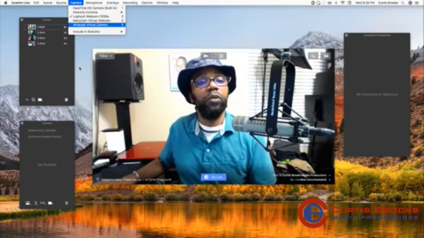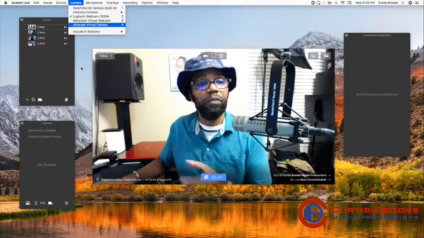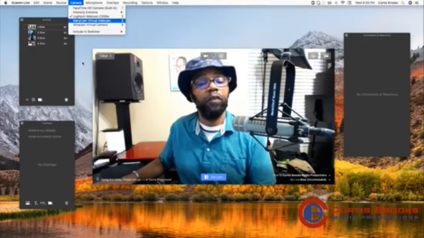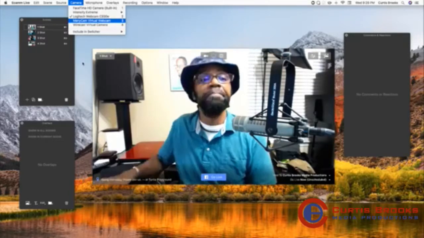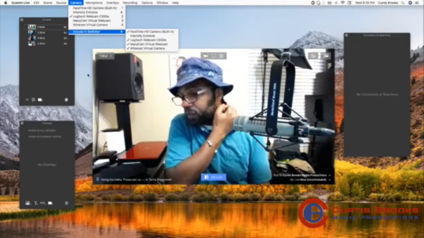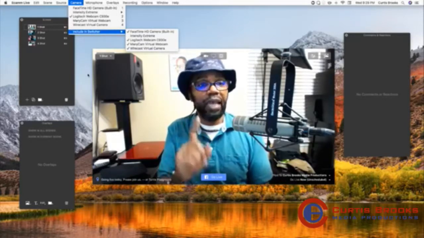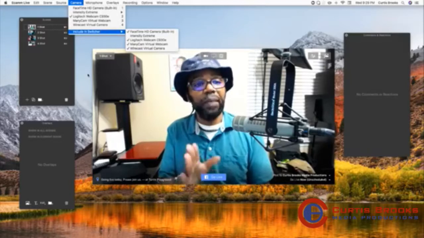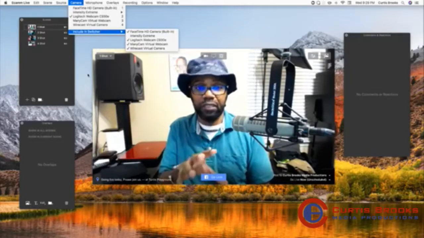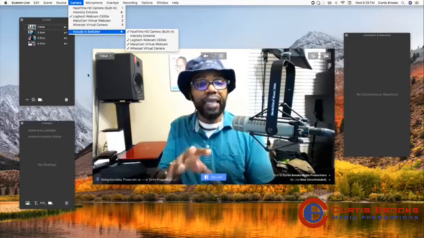And then the same thing with the Wirecast virtual camera. It's not an actual camera, just a virtual camera. It does the same thing as the ManyCam virtual camera. Excuse me. And then the switcher part here, which is really cool, because I can have one main camera, but that main camera does not necessarily have to be those cameras. Let me put it this way. I can have 3 cameras.